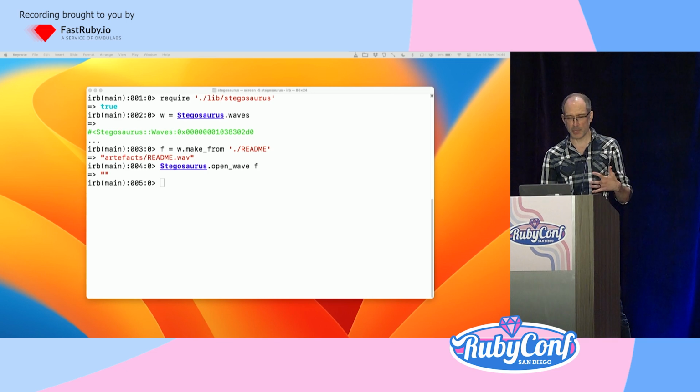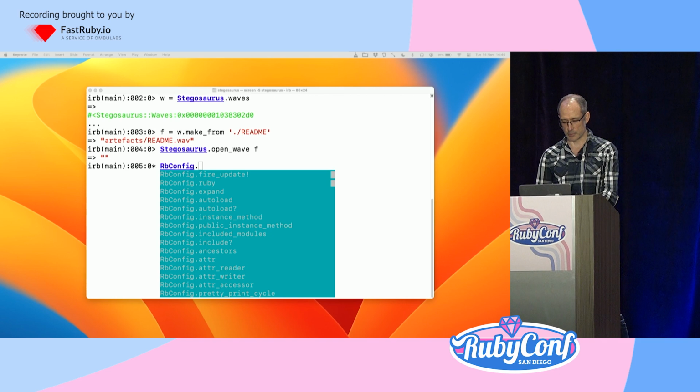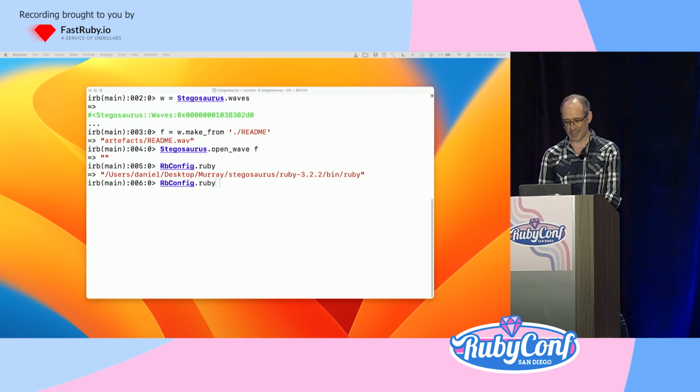There are probably bigger files lying around, but the big file I know that I definitely have is the Ruby interpreter itself. So Ruby comes with this nice little module called RbConfig, which has lots of details about how Ruby was built. But the important method that I care about is RbConfig.ruby, which gives you the path to the currently running Ruby interpreter. So if we stick that into our,